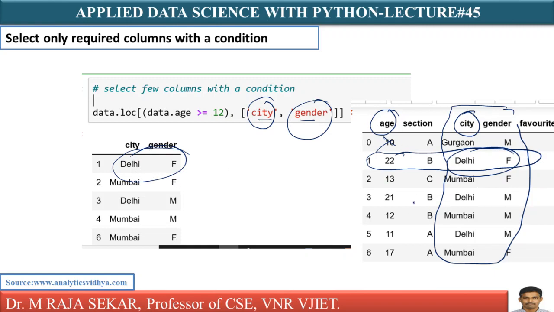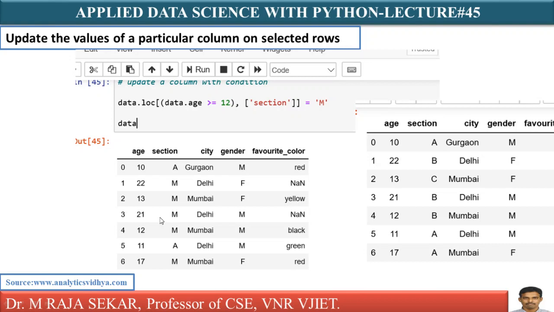In that manner, you can understand it is simple and straightforward. You are selecting columns with a condition. While applying the condition, I am using a label. Age is a label. Again and again, I am saying this loc is based on labels, isn't it? That's what it says. Now, let me proceed further.